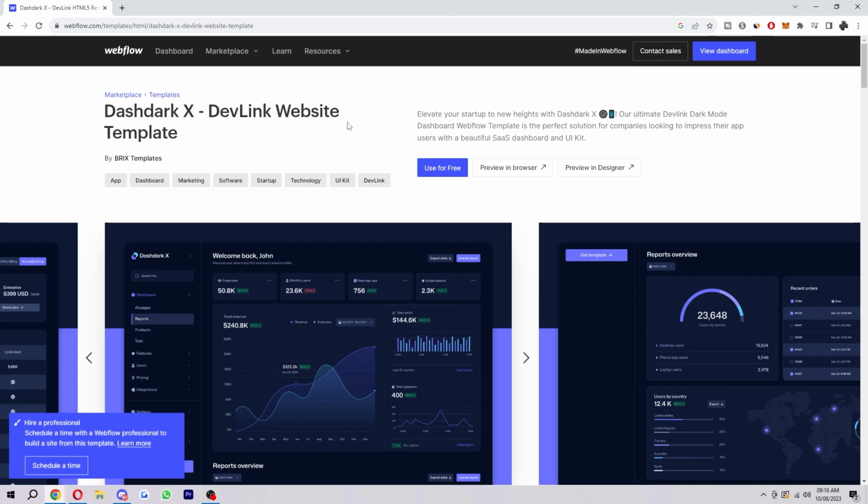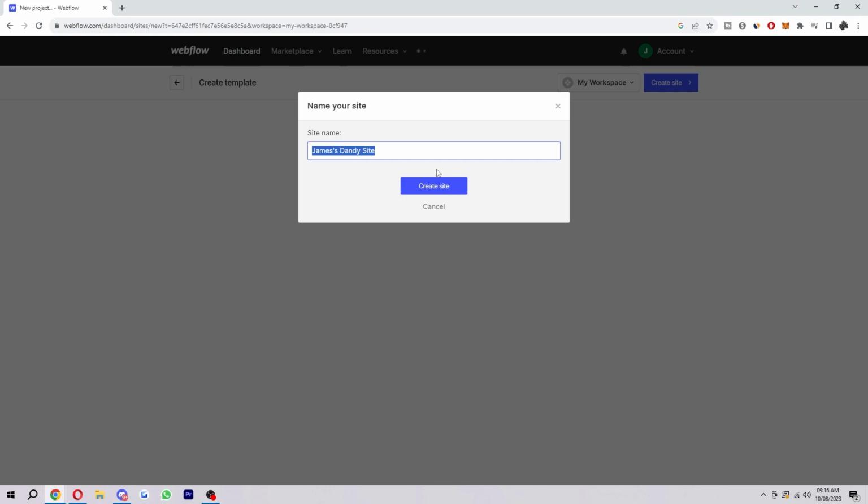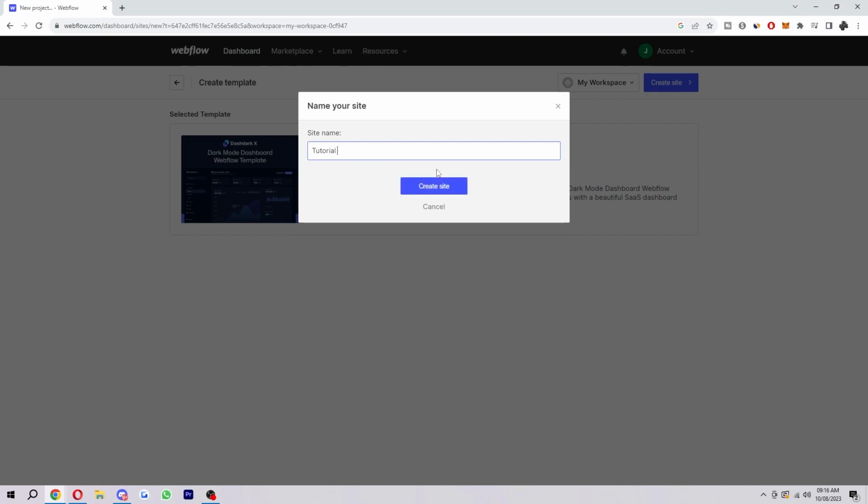So how do we actually import it into our Webflow account? As you can see, there's a button here that says use for free. We're just going to select that. And just like that, our site is made with that template. So I'm just going to call this tutorial site, and then we're going to click create site,